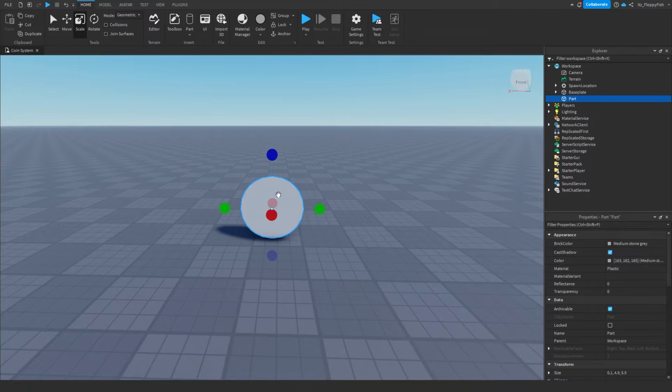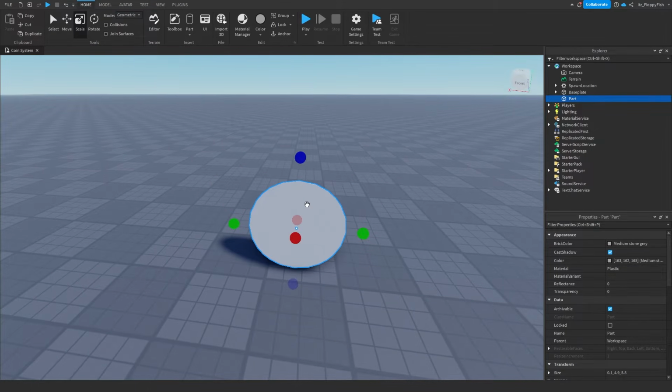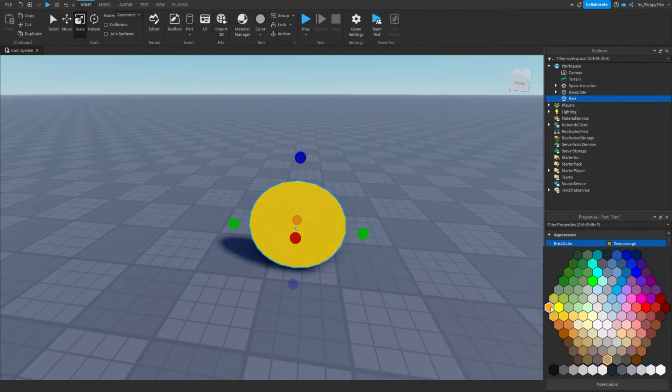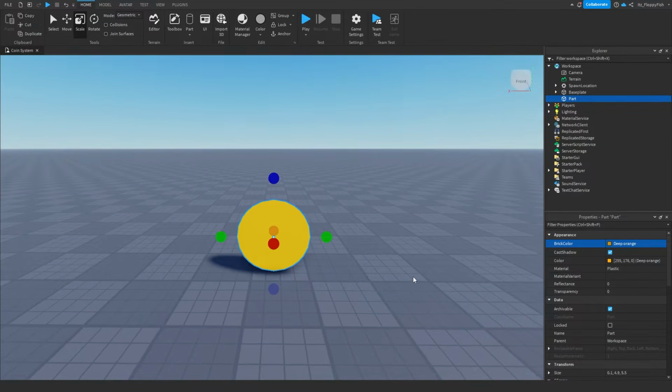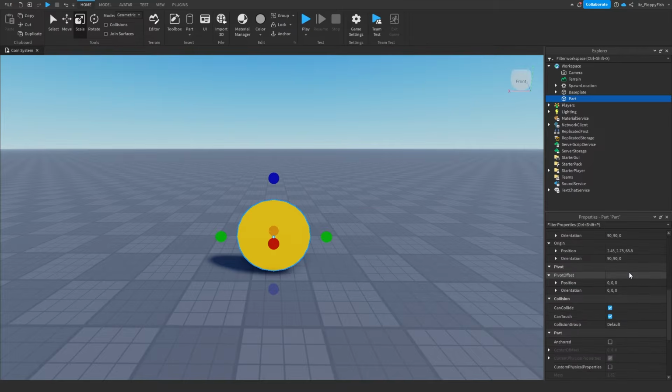So that is going to be our main coin for this tutorial. Obviously, you go and create it however you would like, but this will do the job here for now. So there we go, there's our coin. Done. So now the next thing we want to do here that is needed is we want to make sure